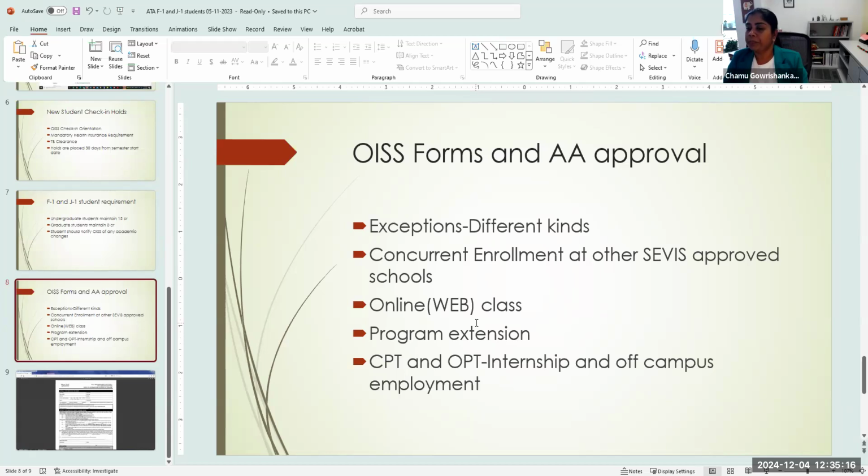So what we do is we have to endorse in their I-20 that the student is going to be in this location, let's say DTE, from September 1st to December 31st, working as an intern. We have to approve that in their I-20. And for that, we need the advisor's approval because we need to see that they're registered for an internship credit. If it is a co-op, then career services will be approving it.